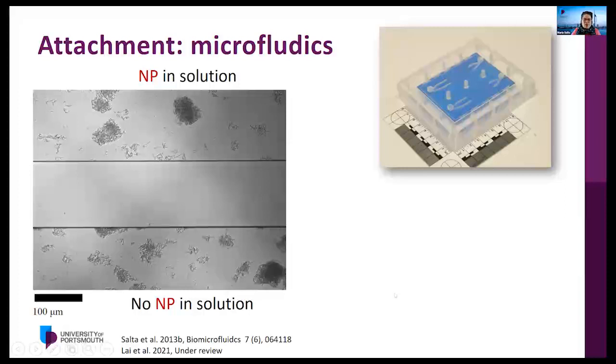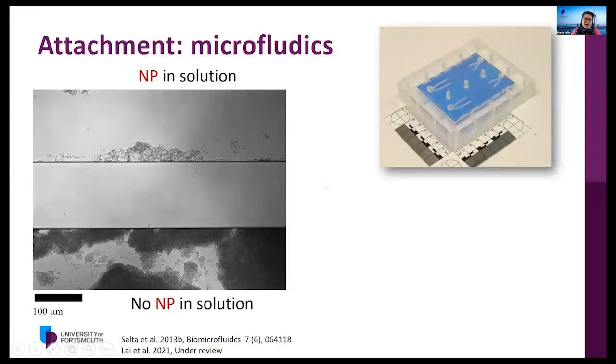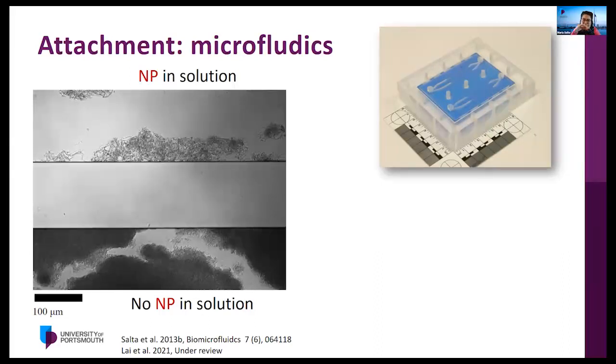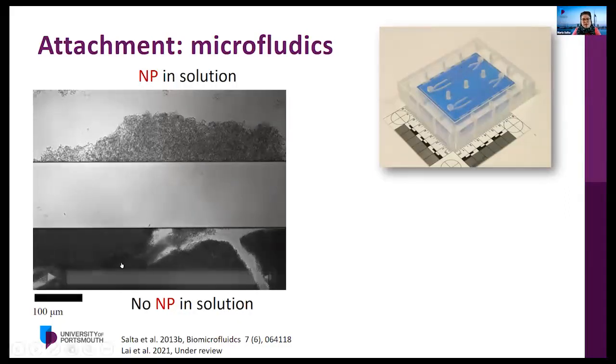This was a 14-hour experiment, and you can see that in solution bacteria start to attach, but not much attachment takes place except on the walls. We can see that the cells are elongated, therefore trying to replicate but cannot, and there is a systematic impact. And then you can see on the bottom that a full-blown biofilm has grown when compared to here. So it's very interesting to look at as a model. This is from a commercial microfluidic device that I bought. But later on, I designed my own